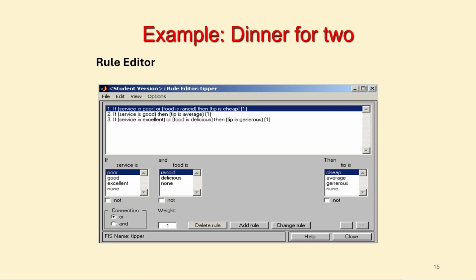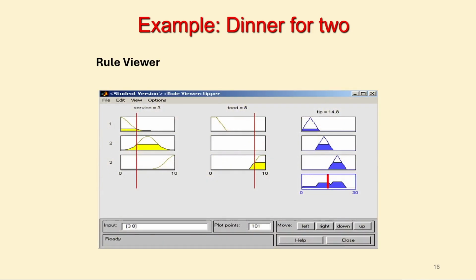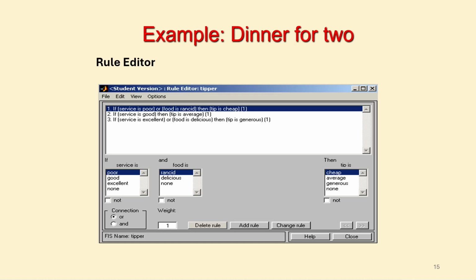Rule editor, we have given enough discussion about the rule editor. Rule viewer, this is also fine. One point is, what is this 1? When you look at this, there is a 1, there is a 1, and this is nothing but the weight. Suppose when the system is executed, all 3 rules are simultaneously fired. Suppose you want one rule to have more weightage, so that it is fired more than some amount of time,